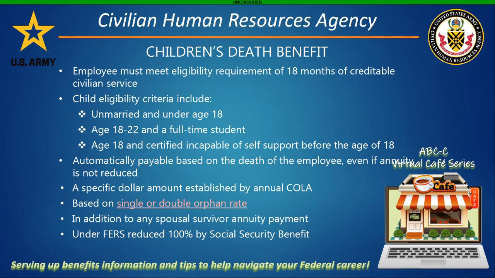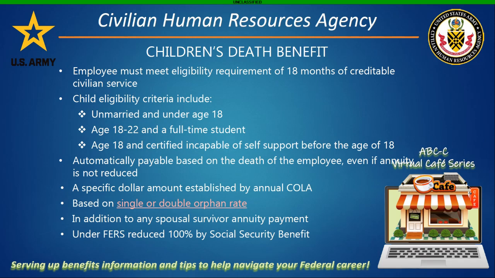An eligible child's death benefit is based upon a specific dollar amount established by the annual cost of living adjustment. And it is based on a single or double orphan rate. For those of you who aren't familiar with the orphan rate, we're going to cover that a little bit. The single orphan rate is when a child has one living parent who was married to the employee or annuitant, either at death or any time prior. That benefit is the lesser of $635 per month per child, or